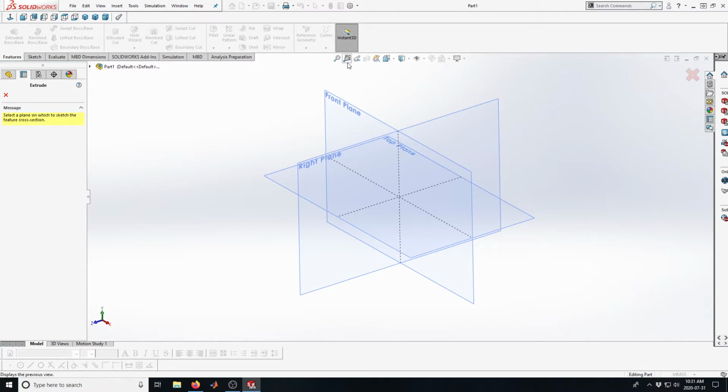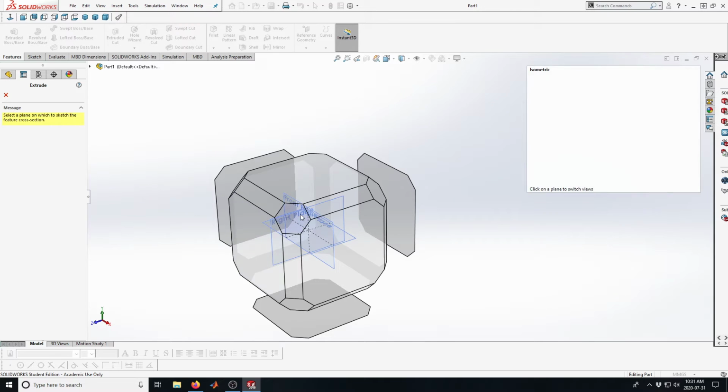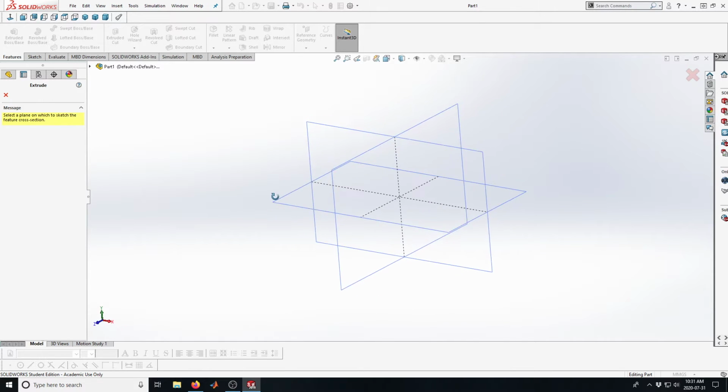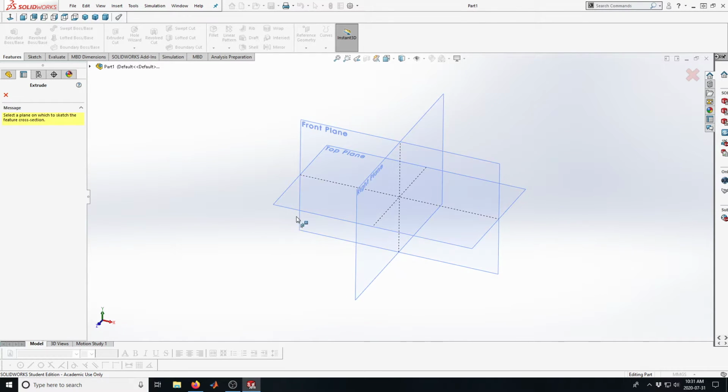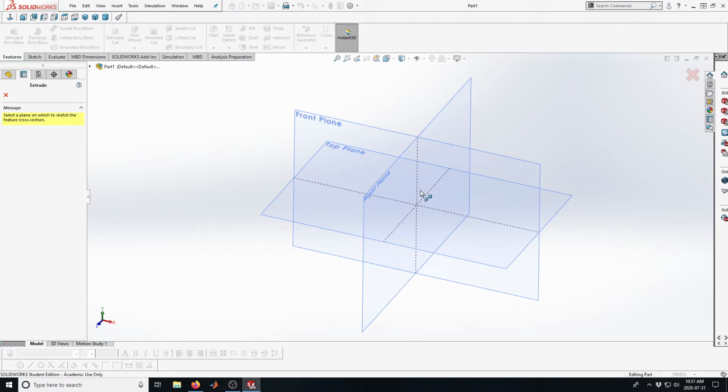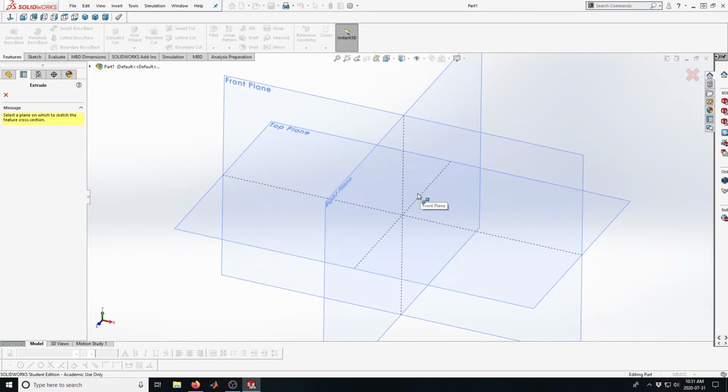If I go to this series of buttons at the top and I click this one, view orientation, in the middle, I can do the same thing. I can click any one of these windows and it shows me a different view of the thing. But you can always hold the center mouse button down and revolve it around. If you've got a center wheel, scrolling it one way or the other